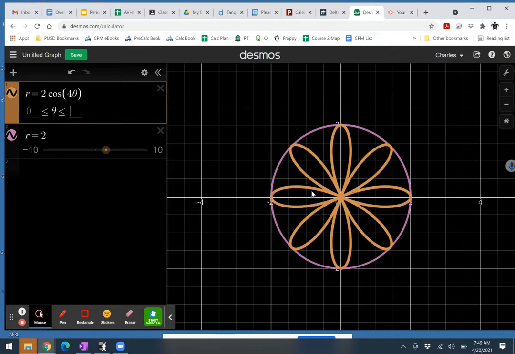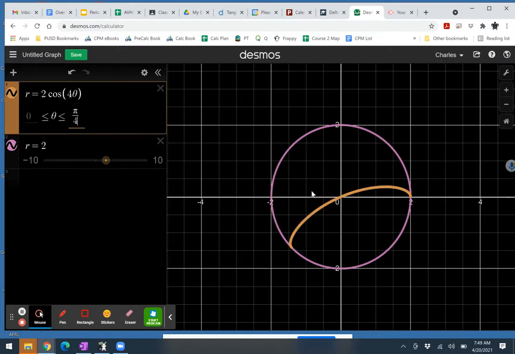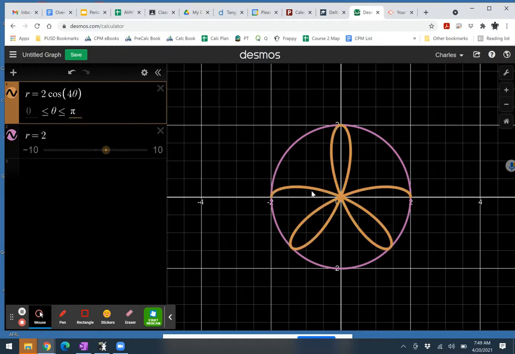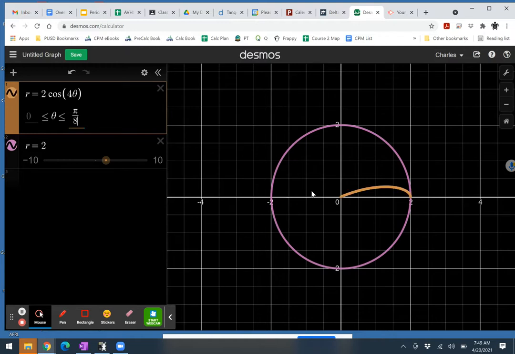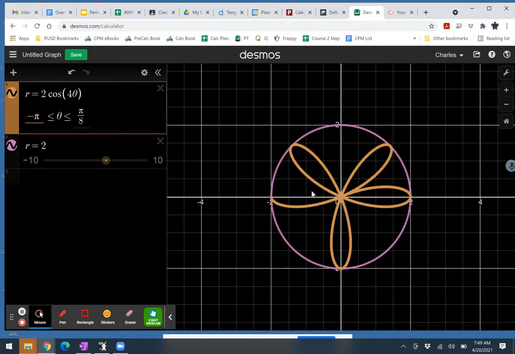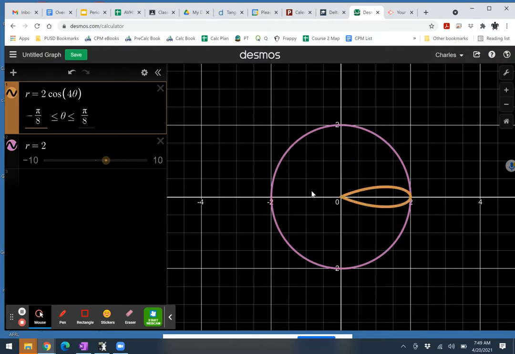So let's say if I do to pi over 4. See, pi over 8. Oop. Pi over 8 looks good. So 0 to pi over 8 is only half of it. So if I go the integral from negative pi over 8 to pi over 8, I'm going to